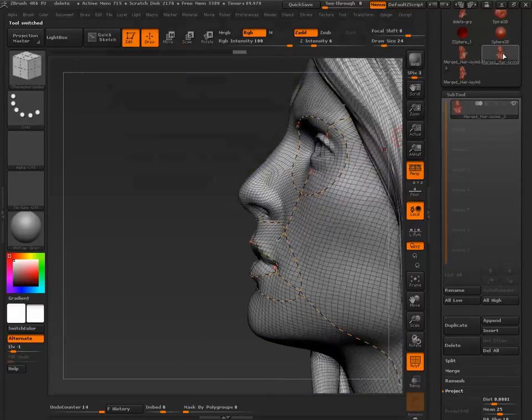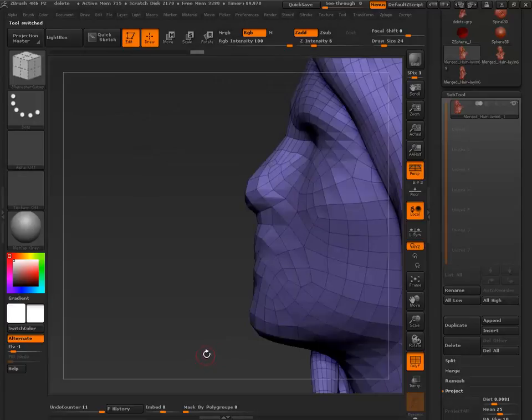You can see it, although it's a little hard, but let's say right there. I'm going to put my hand on the screen. Okay. So this much of the nose was missing.